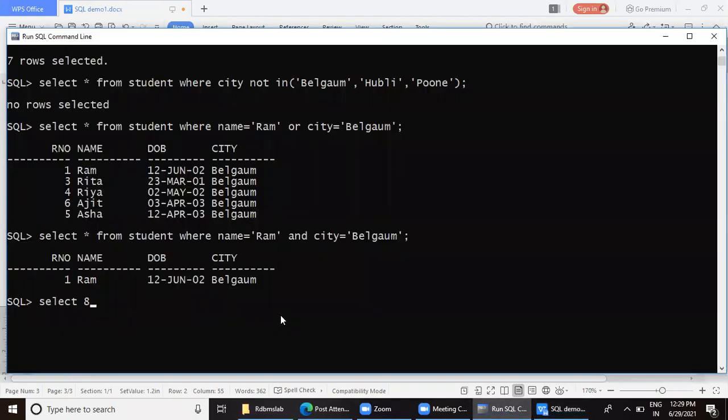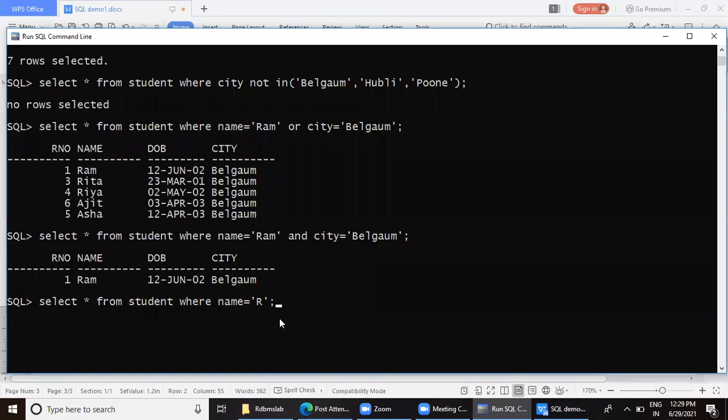Select star from student where name. Can I say name equal to R?